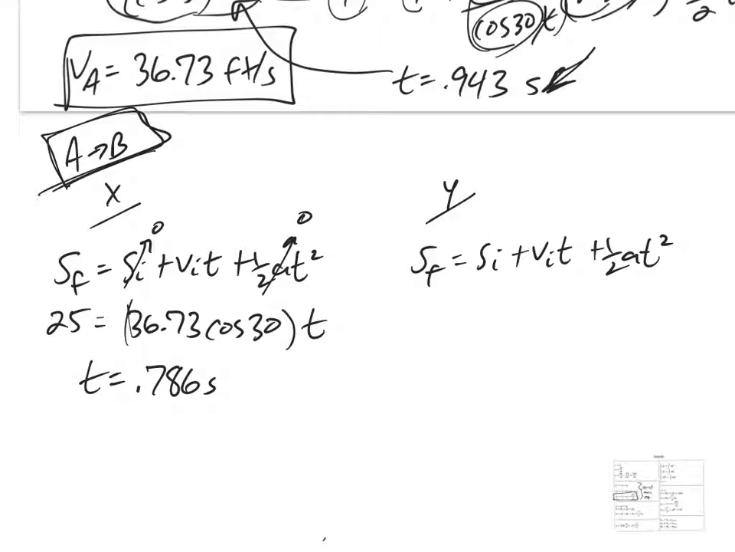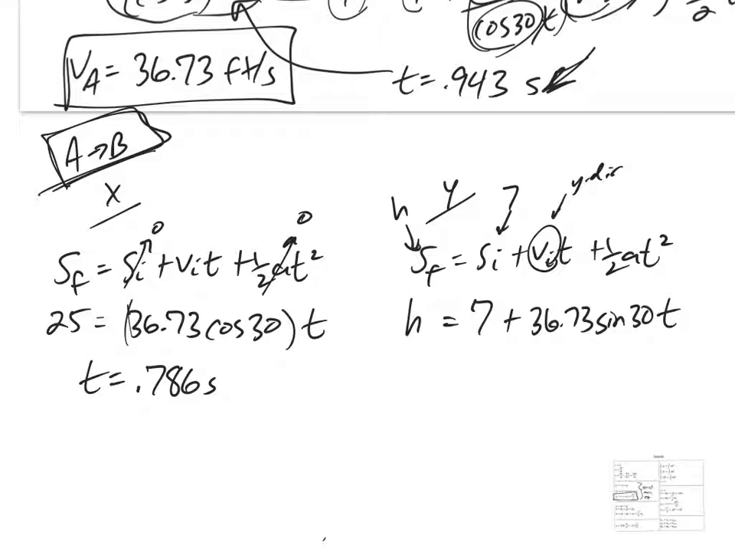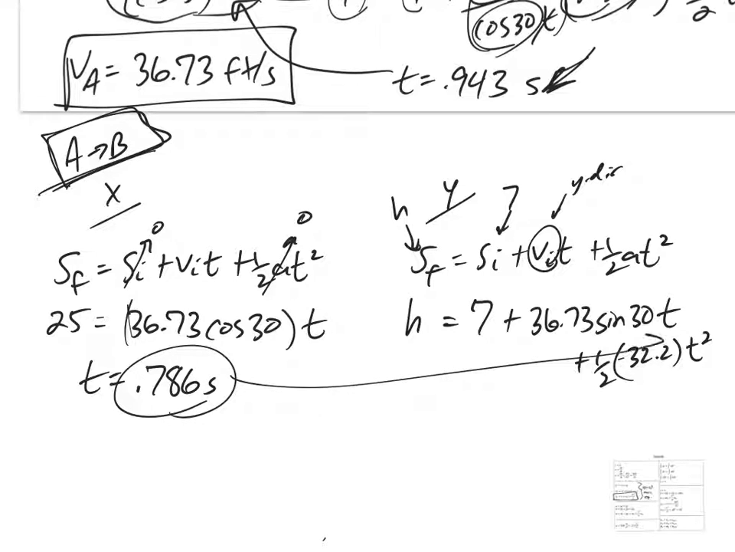And now over in the y direction, I'm going from A to B. It started at 7 feet, and it ended at H, which I don't know. I'm going to plug in H right there, equals 7 plus V initial. Remember, this is only in the y direction. So the V initial is that 36.73 sine 30 times t. Don't forget that t. And then plus 1/2 negative 32.2 t squared. And I already found the t. The t is 0.786. So plugging in 0.786 right there, then just doing the math, I would get H is equal to 11.5